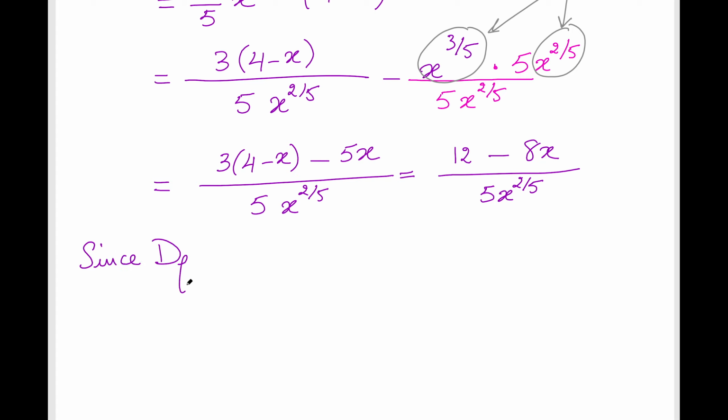Why? Because 0 is in the domain of f but not in the domain of f prime. One more time: 0 is in the domain of the function but not in the domain of f prime. So it satisfies this criterion, which means that the number 0 is a critical number,